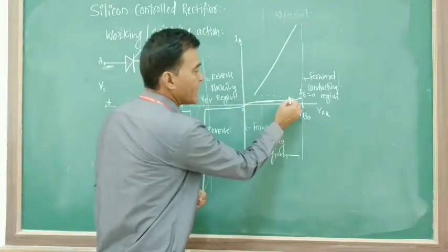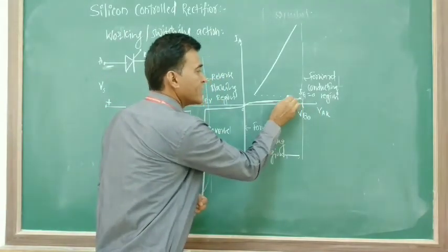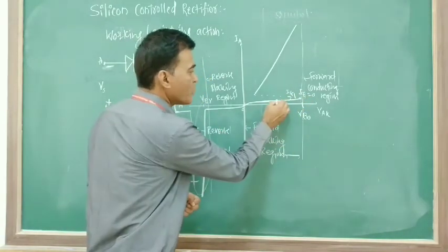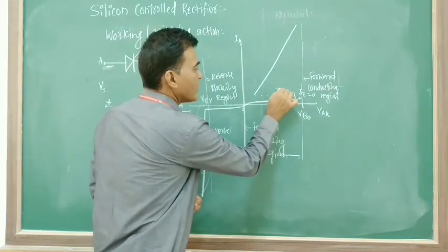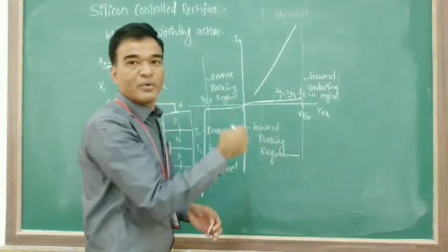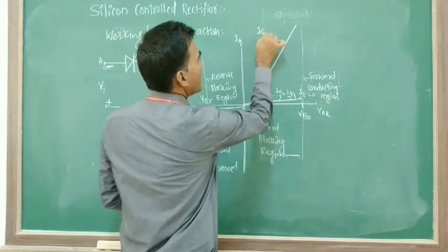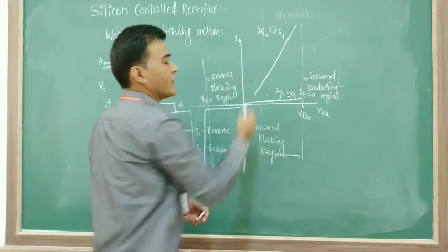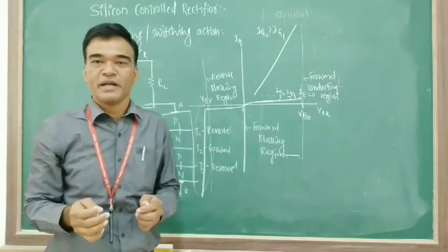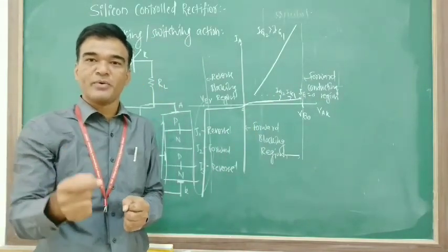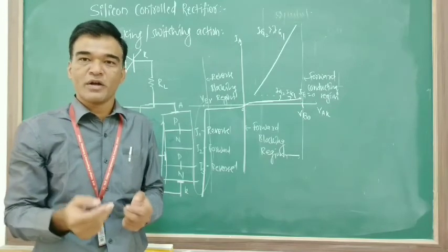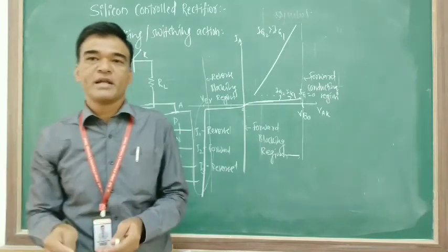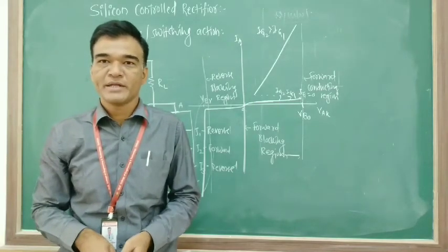Now if I apply the gate voltage, the conduction starts at some lower voltage. If I increase the gate current more, it will conduct at an even earlier voltage. So here Ig2 is greater than Ig1, and that is the use of the gate terminal. If I apply the gate voltage, the thyristor turns on at a lower anode to cathode voltage. This is all about the SCR, its construction, symbol and VI characteristics.